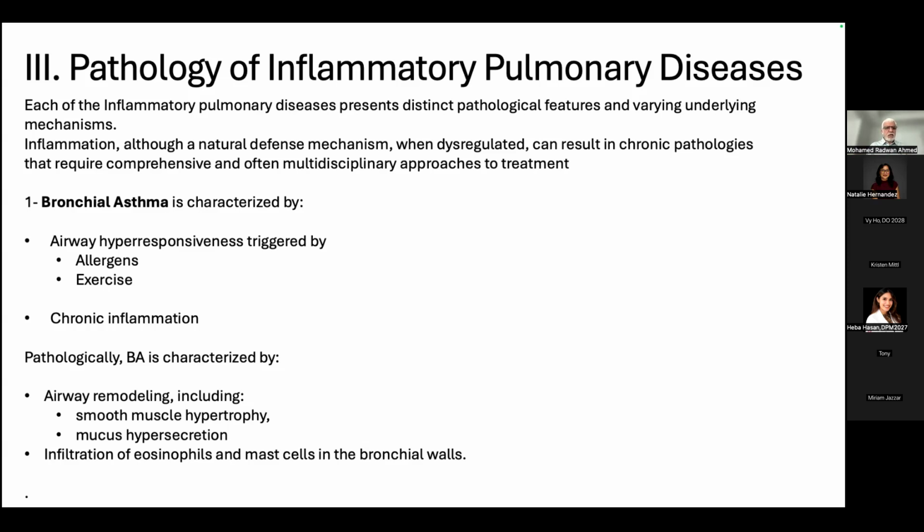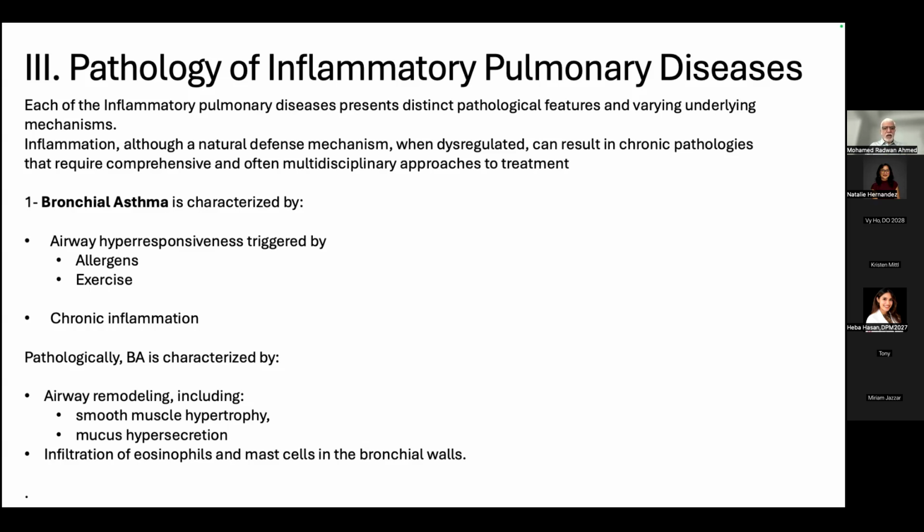Let's start with bronchial asthma, which is the most common respiratory disease and most important for you, as it has a big immunological cause or immunological mechanism. Since we are concerned with immunology here, we can talk more about bronchial asthma as an example of obstructive pulmonary disease. So bronchial asthma is characterized by